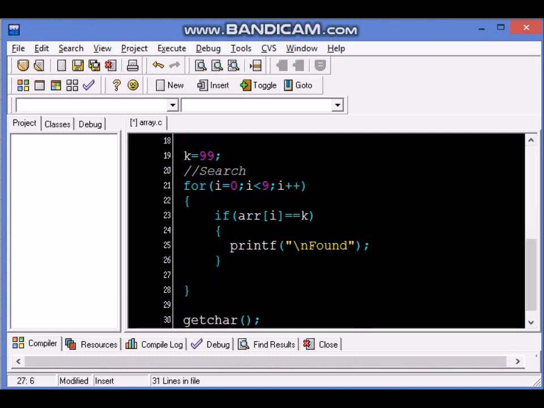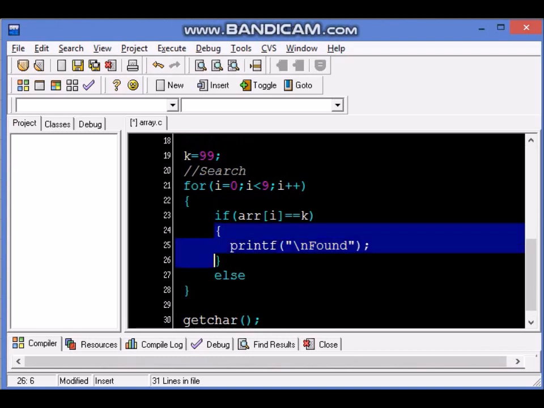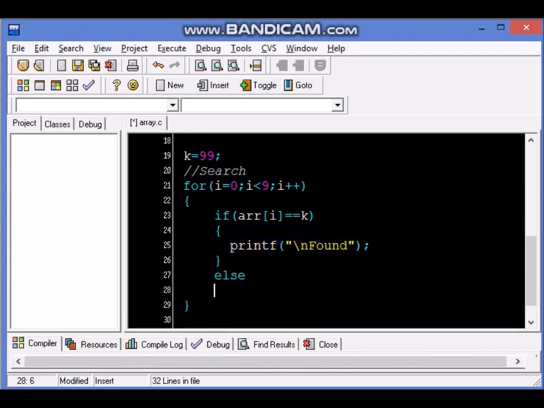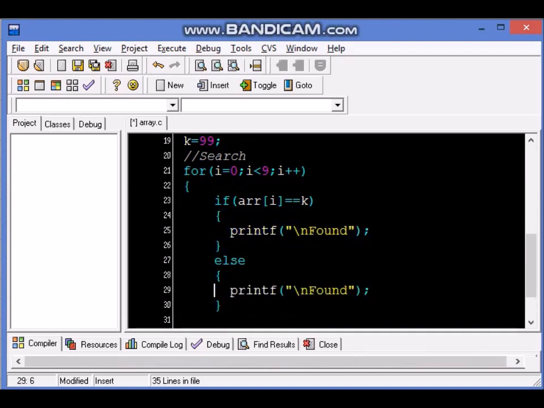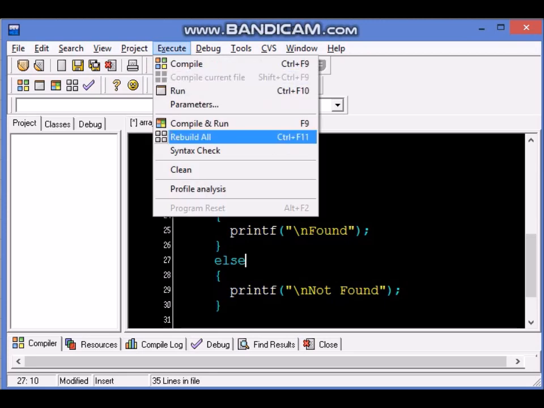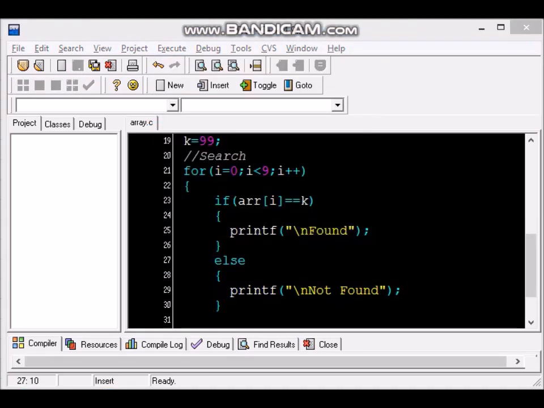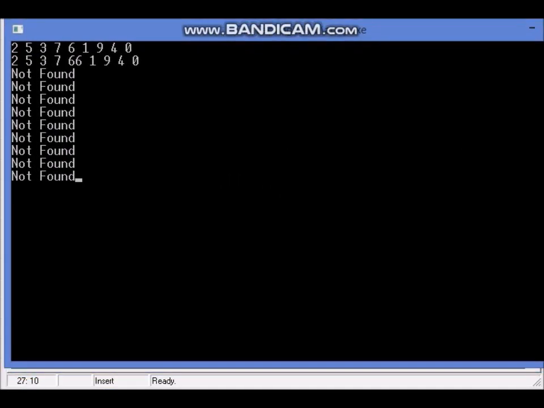Should I put an else statement here? Does it make sense putting an else statement here and putting not found? What will happen if I do this? The output will show too many not founds. It will say in the first position it didn't find, second position it didn't find, third position it didn't find.